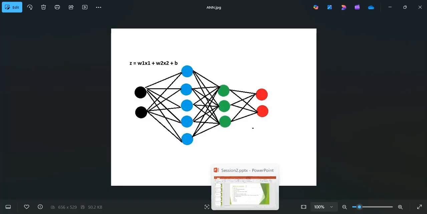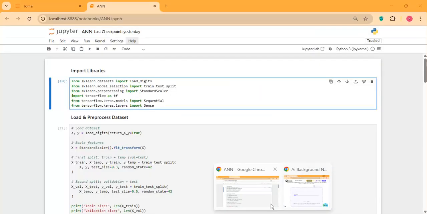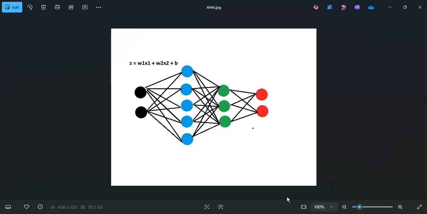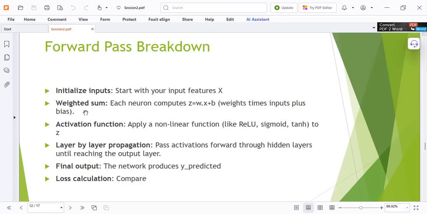Okay, let's go back to the presentation here. So here we have the weighted sum. The weighted sum is z equals w times x plus b, and we have the activation function as I told you, for each neuron.